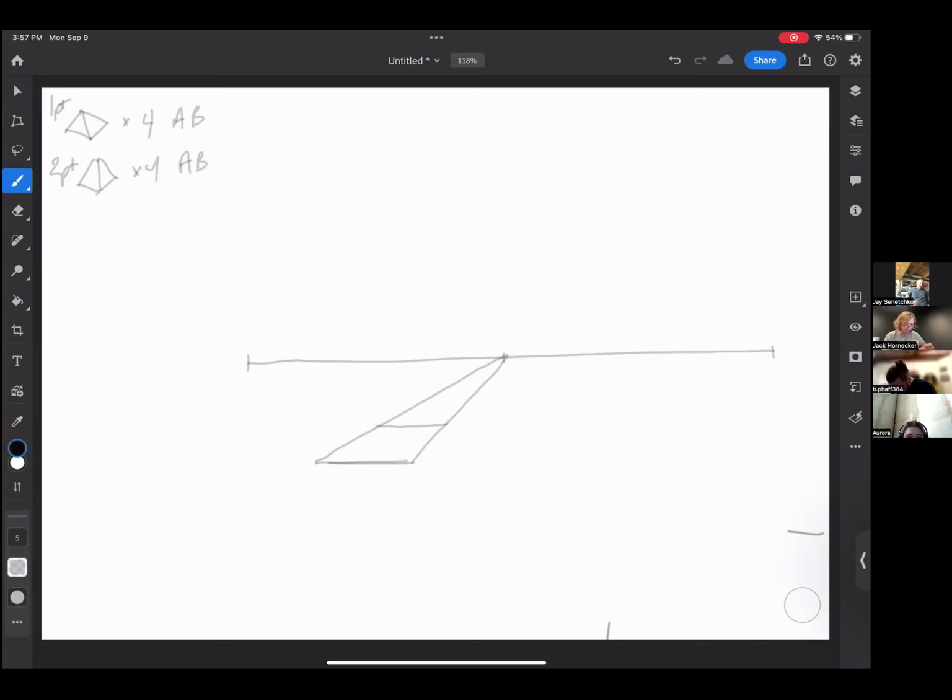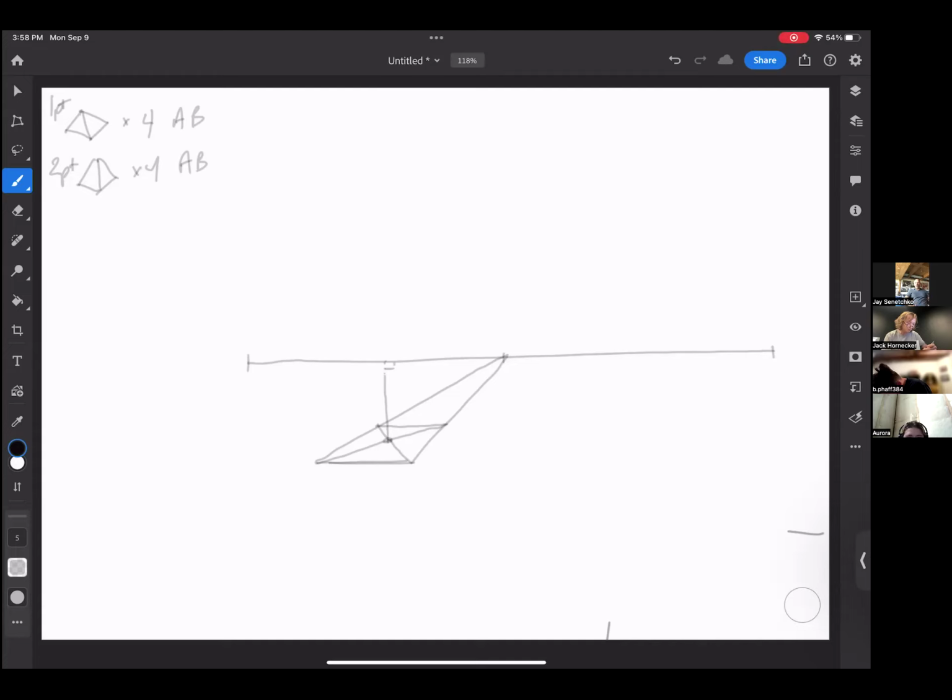Now, in order to find the center of where the pyramid peak will eventually be, we're going to connect the corners of that object. Where those two lines cross over gives you the center of that base, regardless of the shape that you've made. Now you're going to draw a vertical line straight up from that to an arbitrary height. But that vertical line will be perpendicular to the horizon line. So again, 90 degrees to the horizon line.